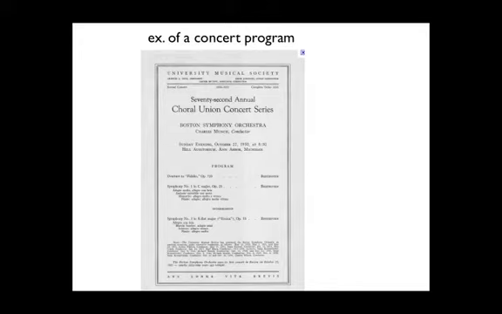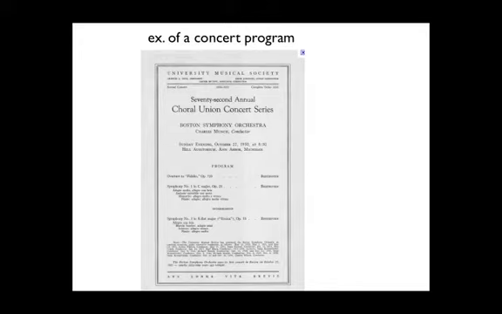So I might get different answers here. Some of you might have said 3, some of you might have said something like 11, and it kind of depends on what you're looking at. The correct answer is actually 3. The first piece is the Overture to Fidelio by Beethoven. On the right is the composer's name, and on the left is the title of the piece. The second piece is Beethoven's Symphony No. 1 in C major. Then there's an intermission, and they usually last about 15 minutes. And then the second half is the very famous and great piece Symphony No. 3 in E-flat major, also by Beethoven. This is an all Beethoven concert.